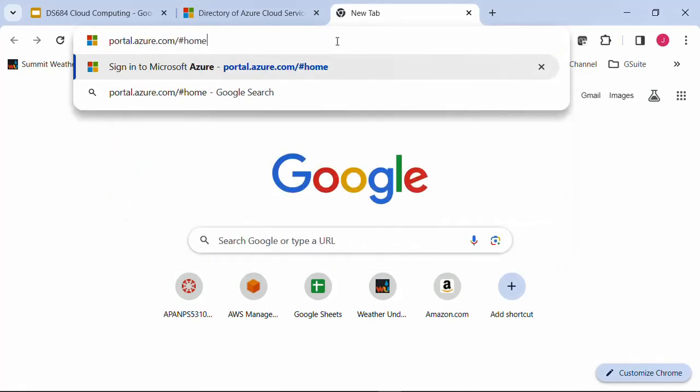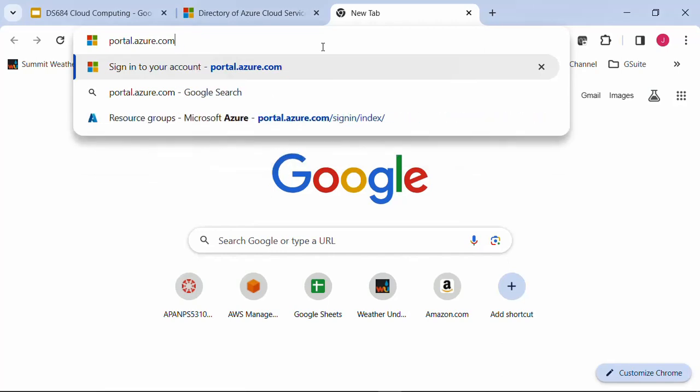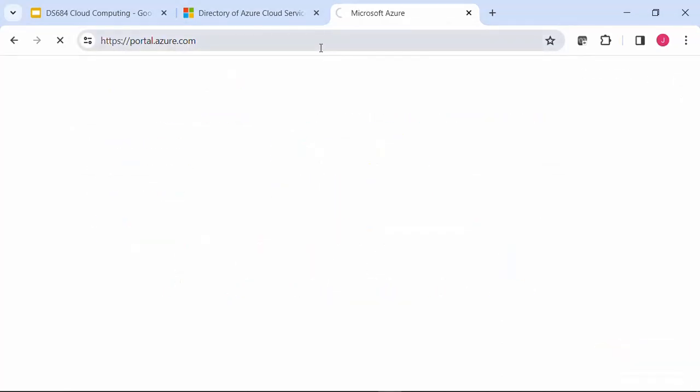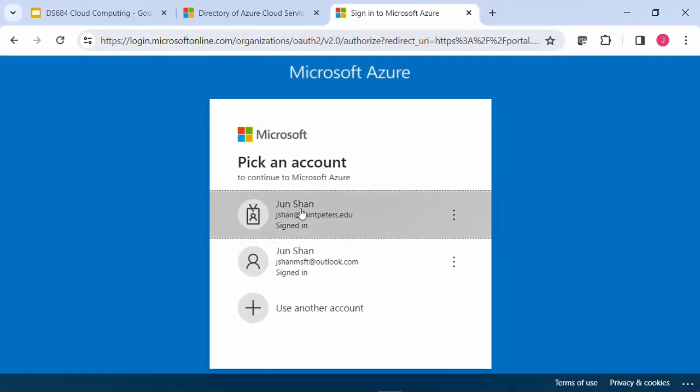This is the Azure link, the official link that you use to enter Azure and test and check the service. This is portal.azure.com/home. You don't actually need this /home. That's fine. Just type in portal.azure.com, and I'm hitting OK,